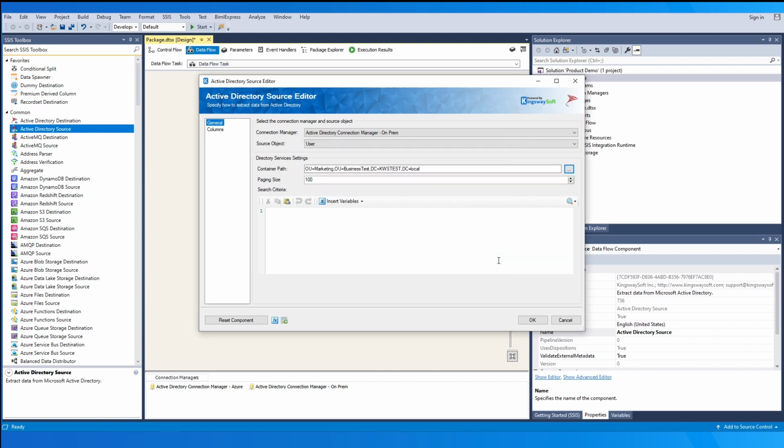The paging size option allows you to specify how many records you want to retrieve each time. The default value is 100. You may use the search criteria to filter particular records according to your requirements. The Active Directory search criteria filter follows the lightweight directory access protocol LDAP filtering format. For example, in our search criteria here, we are performing an AND condition-based filtering on user principal object and object